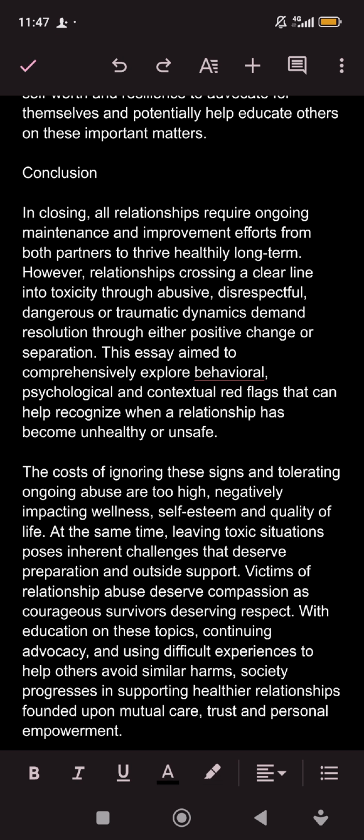Always read the end part of what you generated from the AI to be sure that it ended well, in case it stops somewhere. Let's say I'm reading from here: with education on these topics, continuing advocacy and using difficult experiences to help others avoid similar harms, society progresses in supporting healthy relationships founded upon, let's say it stopped at "founded upon", mutual care, trust, and personal.